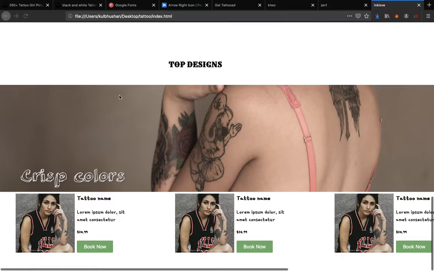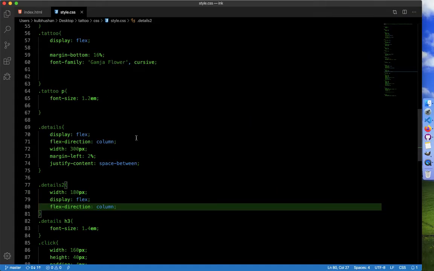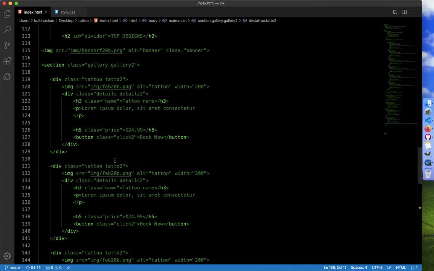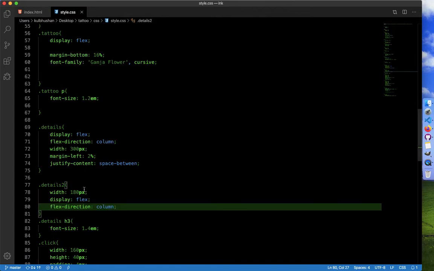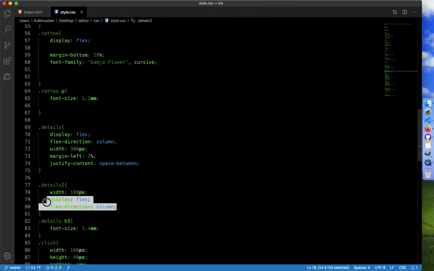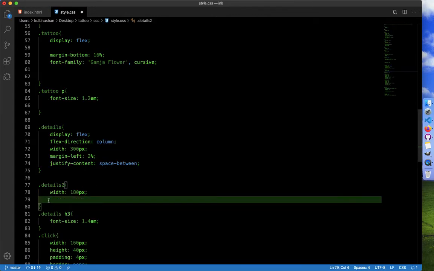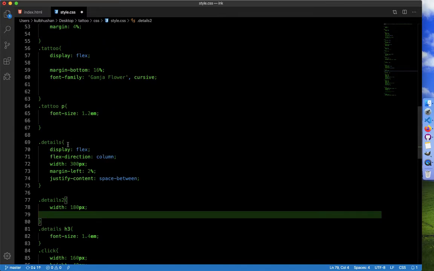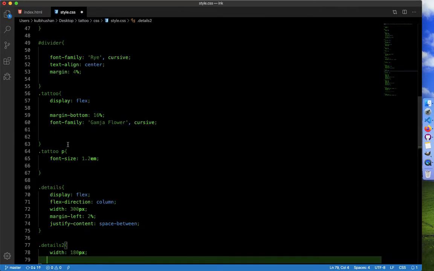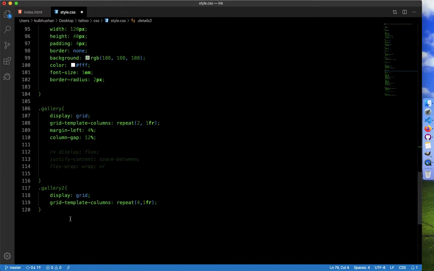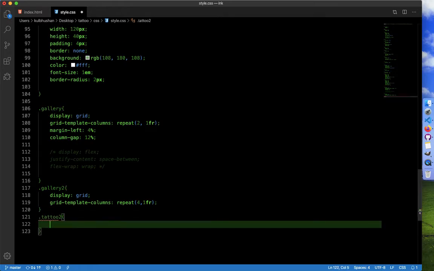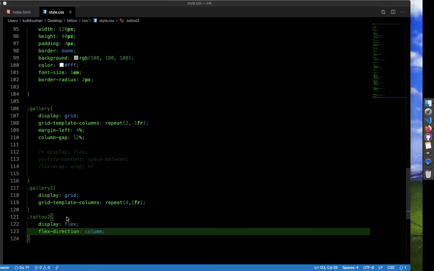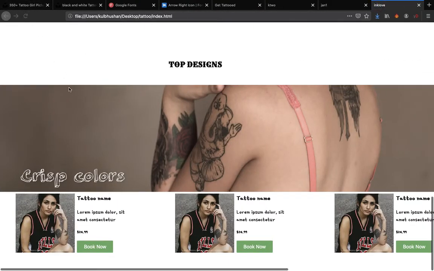Will that throw things to the down? It has not yet. Why details 2? Where is this thing? Is it details 2 or tattoo 2? I think it should be done inside tattoo 2. Why am I doing this wrong again? Where is tattoo 2? Have I got access to the tattoo 2? I need to access the tattoo 2. And if I give this styling to here now,